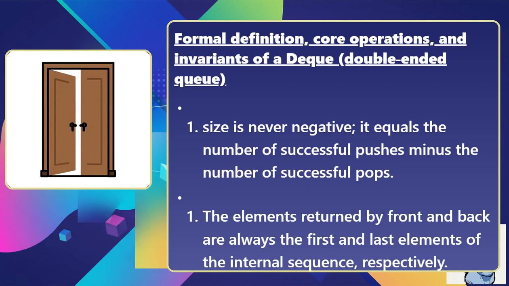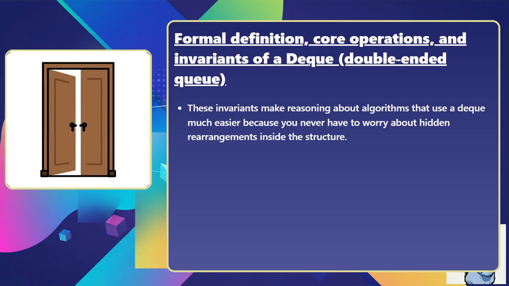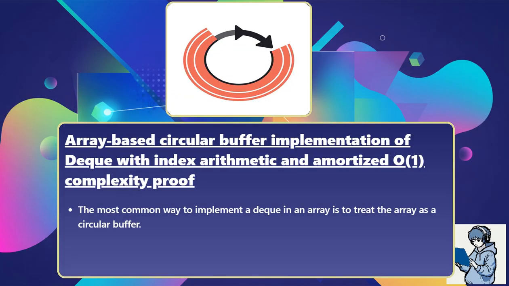The elements returned by front and back are always the first and last elements of the internal sequence, respectively. These invariants make reasoning about algorithms that use a deque much easier, because you never have to worry about hidden rearrangements inside the structure. The most common way to implement a deque in an array is to treat the array